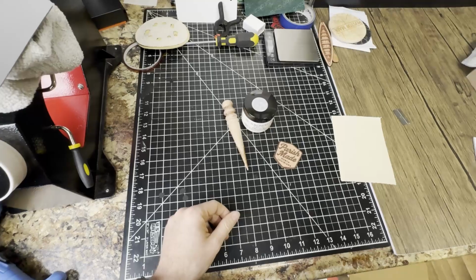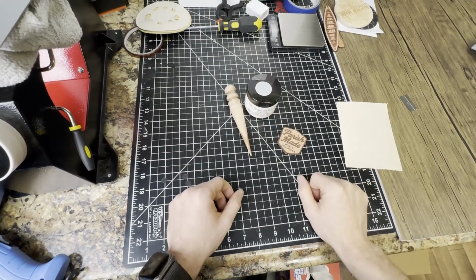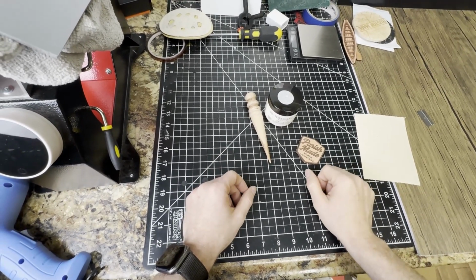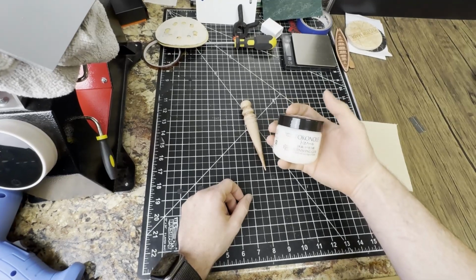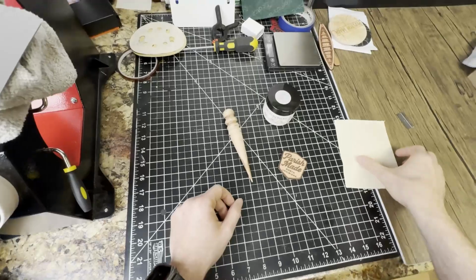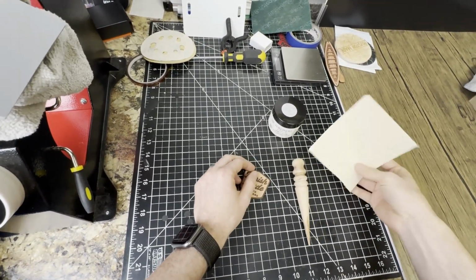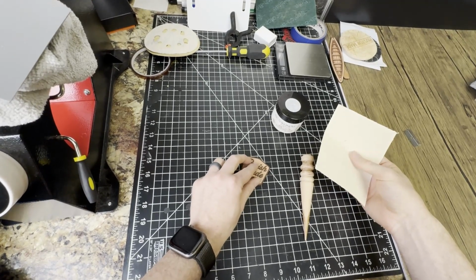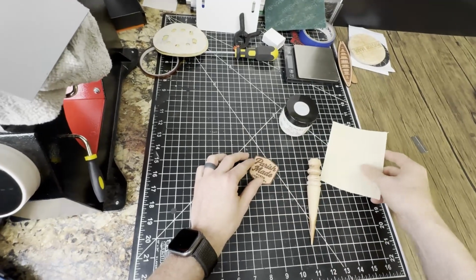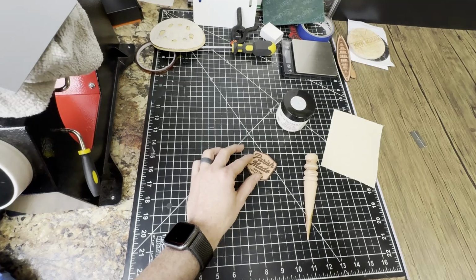So I'm going to do a pretty simple finish on this because I like the way that looks on the hats. It kind of gives it more of a saddle sort of finish look, and then it'll weather over time as you wear it. So what we're going to be doing is some Tokonole burnishing gum on the edges right here, and then we're going to use this tool to burnish the edges, and then on the actual flat part we're going to use this canvas piece, and that should push the burnishing gum far enough in there, and it also kind of gives it a buffing sort of a situation. So